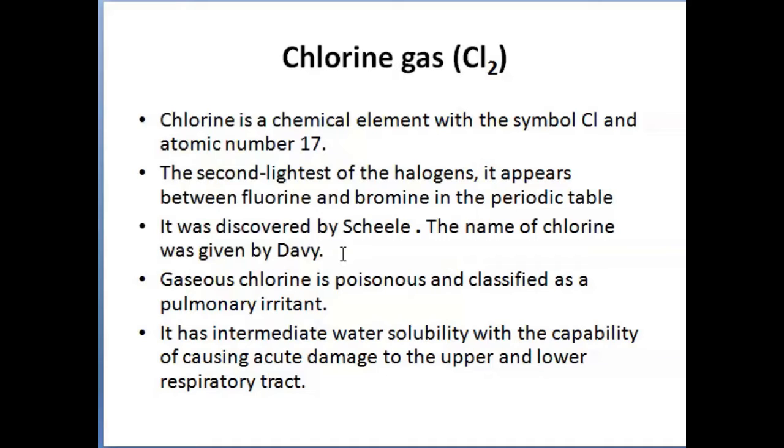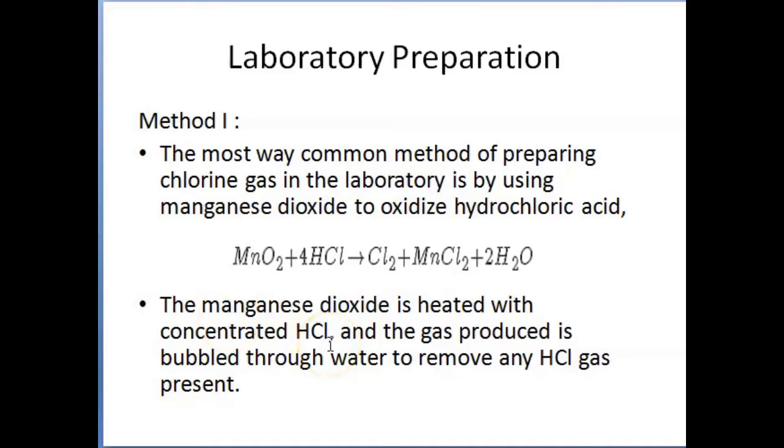Gaseous chlorine is poisonous and it is classified as a pulmonary irritant. It has intermediate water solubility, with the capability of causing acute damage to the upper as well as the lower respiratory tract. So, when we talk about the different methods of preparation of chlorine gas,